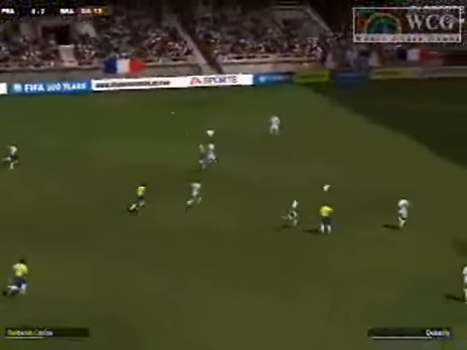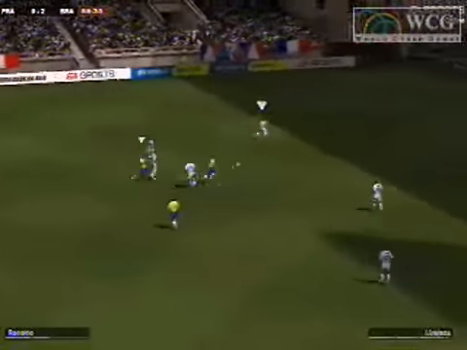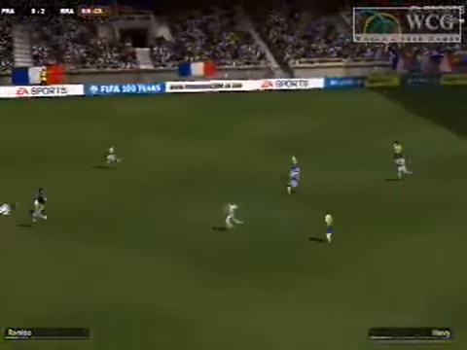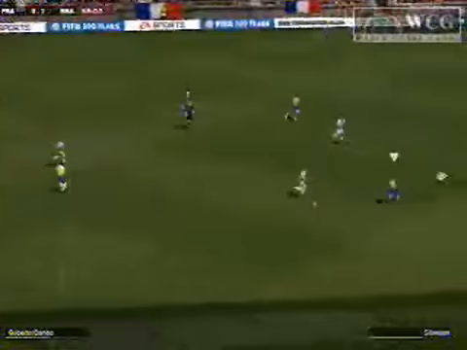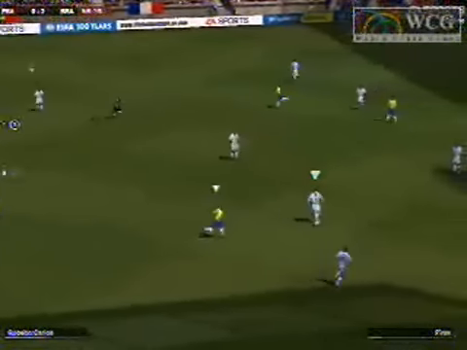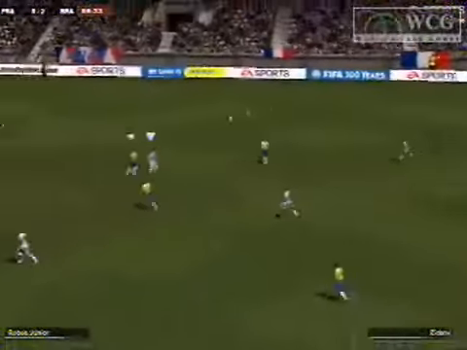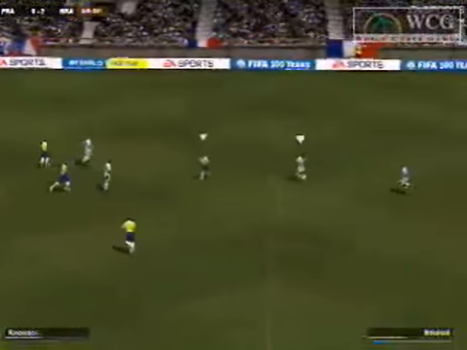The German player has to be feeling the heat. We're at the 55th minute. He's down by 2 goals, and Brazil now trying to mount another attack. Nice job by the French defenders to break that up, checking the space, breaking the pass up, and sending the ball to the center of the field.